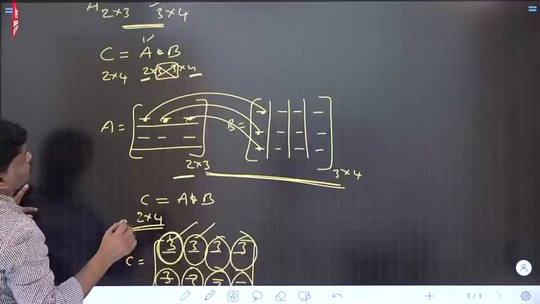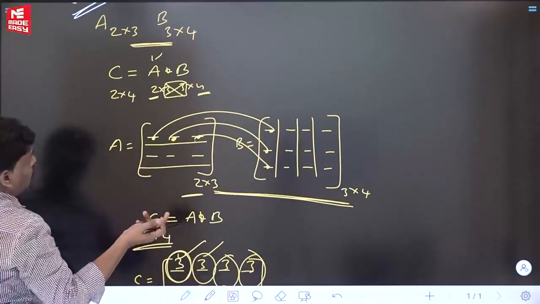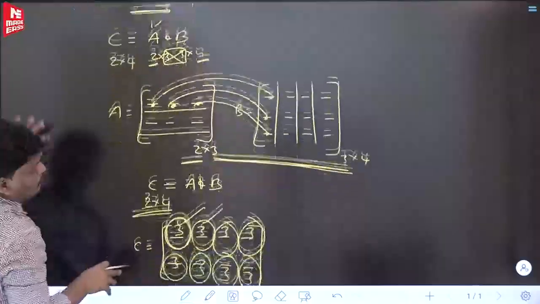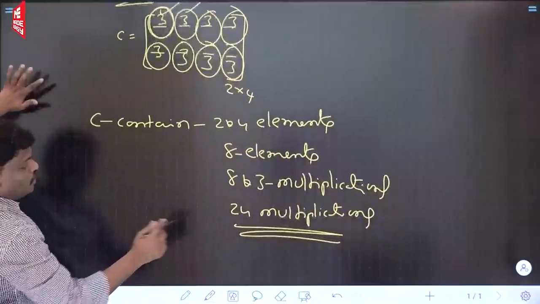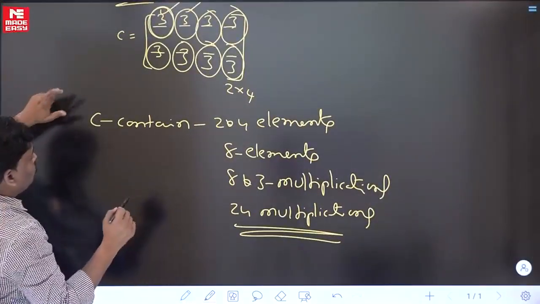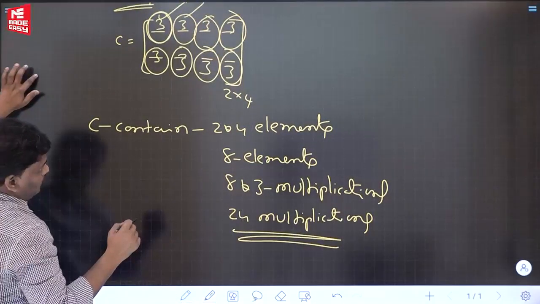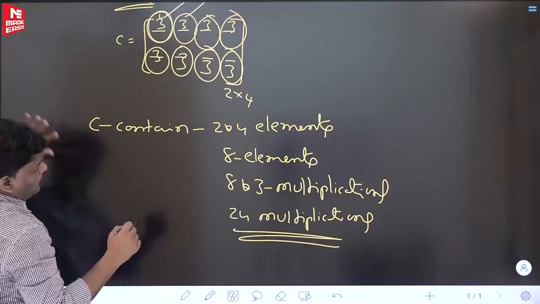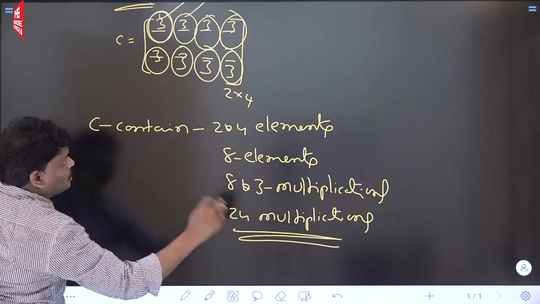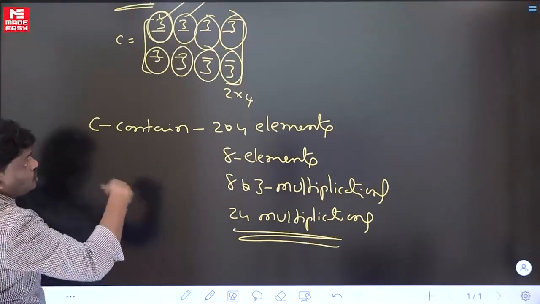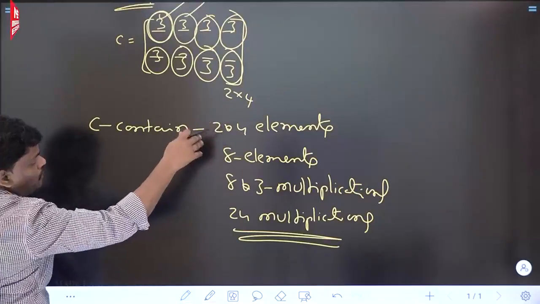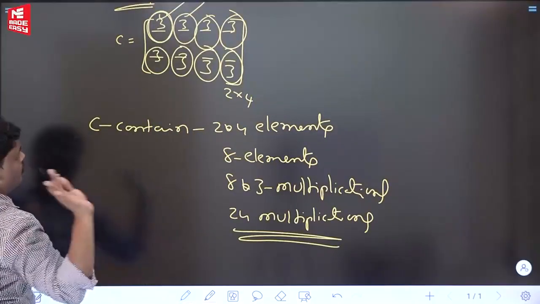In this problem, we are multiplying the matrices. Next one, to multiply the matrices, how many multiplications required? We are calculating that only. So to multiply A and B, A of size 2 by 3, B size 3 by 4, to get the C of size 2 by 4, 24 multiplications required for this problem. What is actually this problem? In further problems, we will get to know clarity.